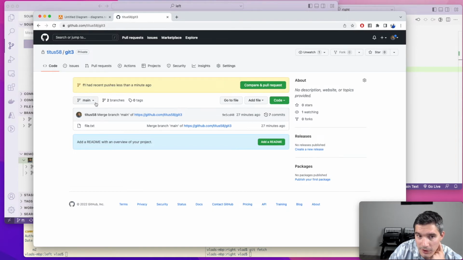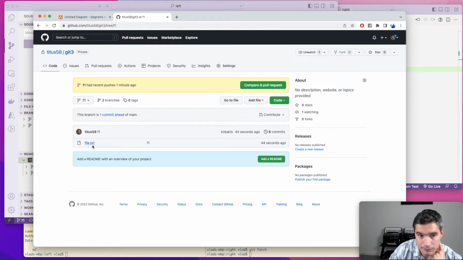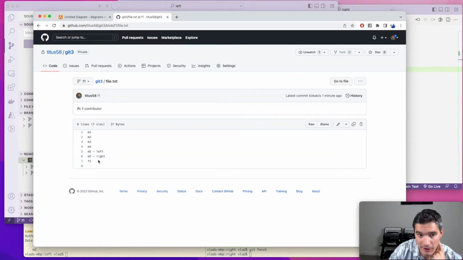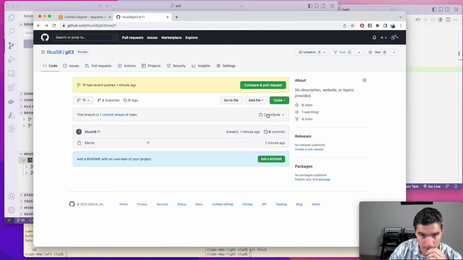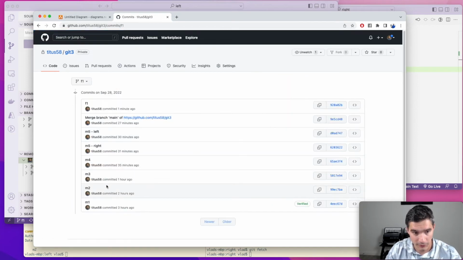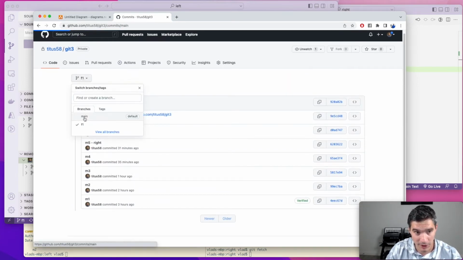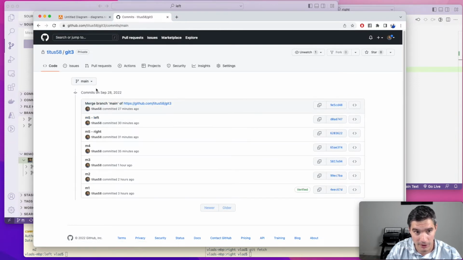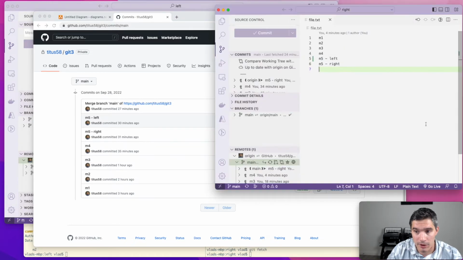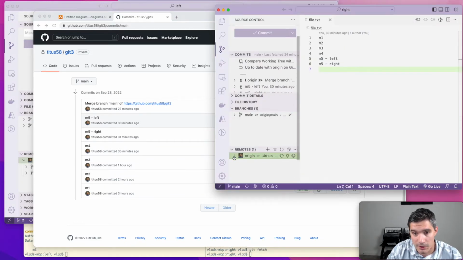If we want to see the history of our branch, we switch to it in here, F1. So we can see the contents of our file. And also we can look at the history and we'll see the F1 commit on top. And if we switch back to main, of course, we won't see the F1 commit. And now the right repository, if we look in the remote section, we see that the right repository doesn't know